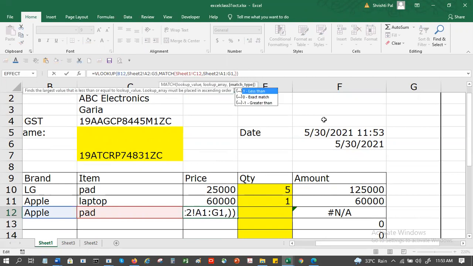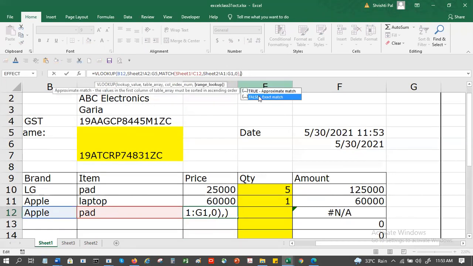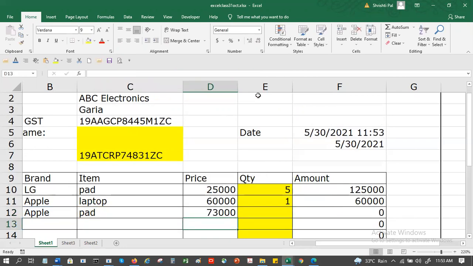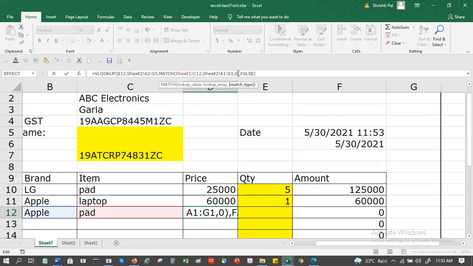I haven't completed it. When I pressed enter, it actually closed the formula out. Exact match, right? Yeah. Comma 0. So 0 is the false. No, 0 is for the match, exact match.